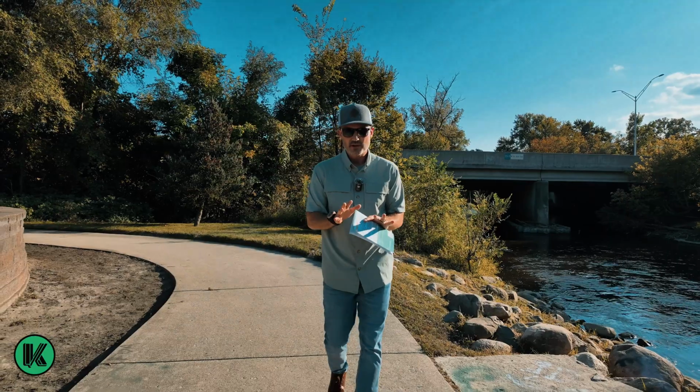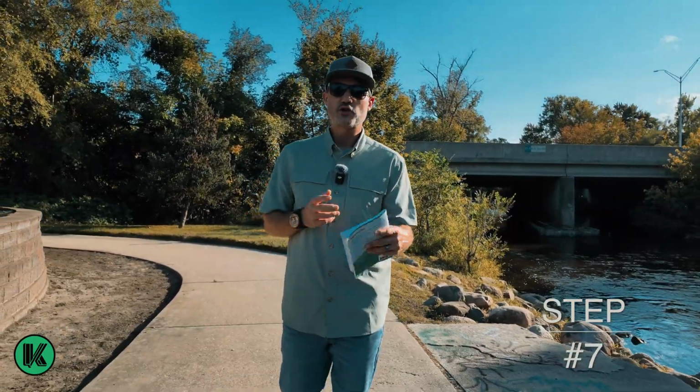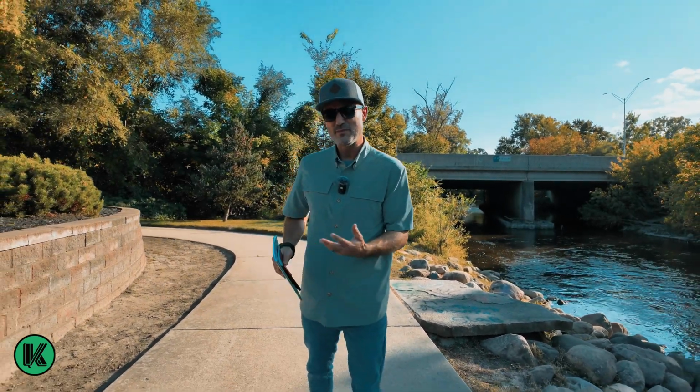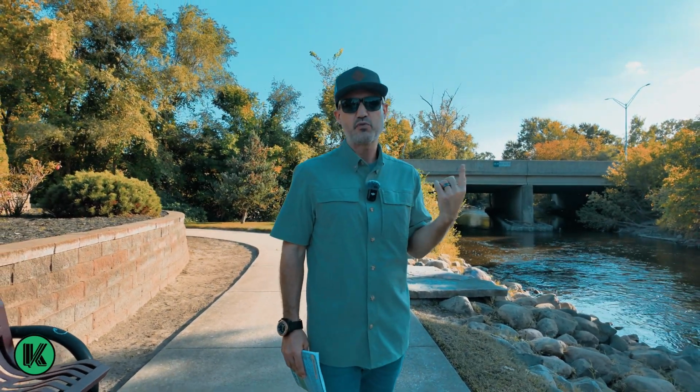But anyways, number 7. This was a game changer for me. It's price transparency. And it's almost like a misnomer because you're like, what do you mean price transparency? I actually learned about this from my friend Ryan Kettering from Prolific Prints. So you want to put your pricing on everything and speak about it, talk about it, get the money part out there as quickly as